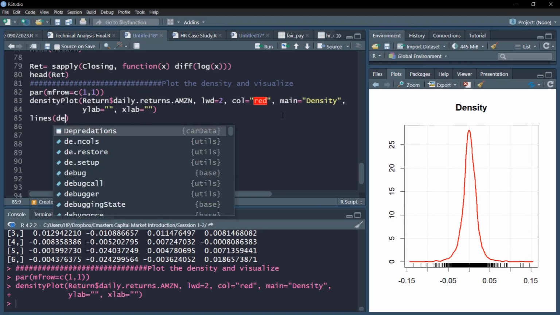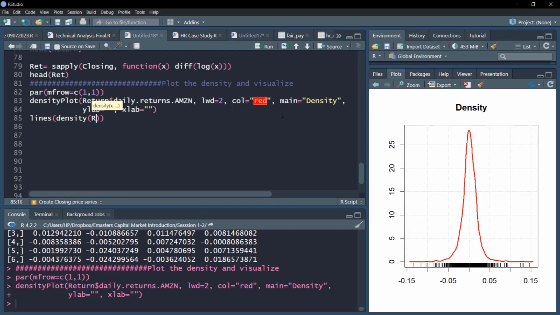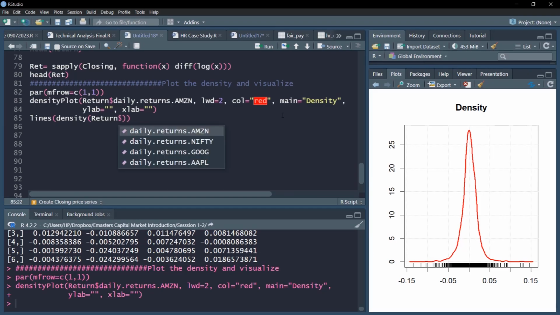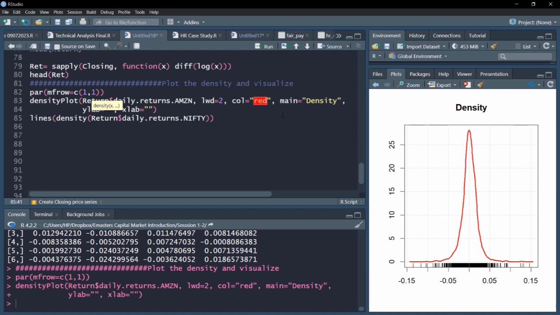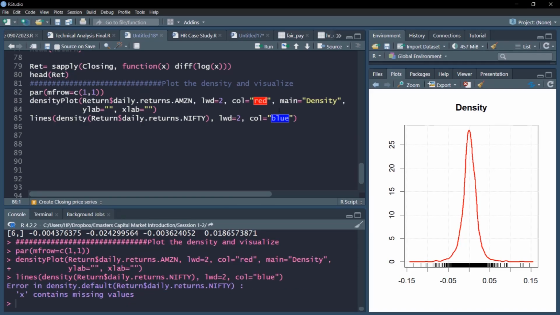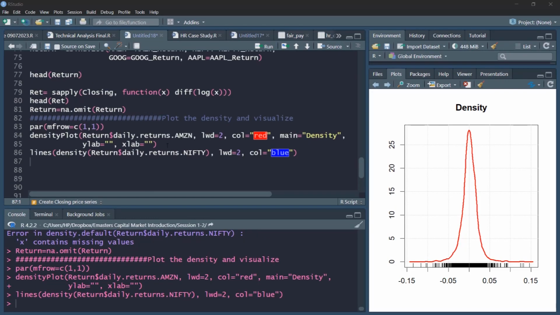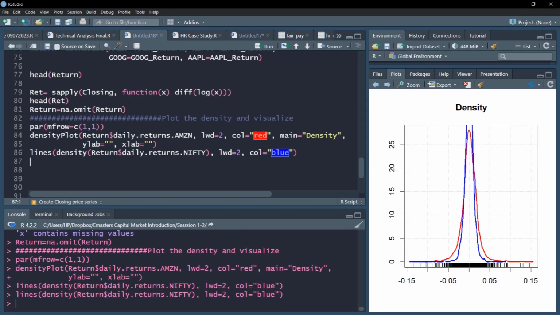So first density, and the first is Nifty. We'll add the Nifty. Again we will add the line color as blue. We'll use the line width of 2 and line color as blue again. So this is our next plot. So we'll add the Nifty plot.